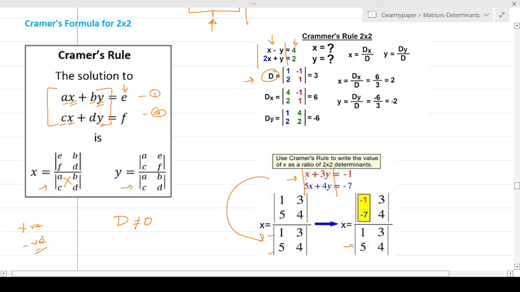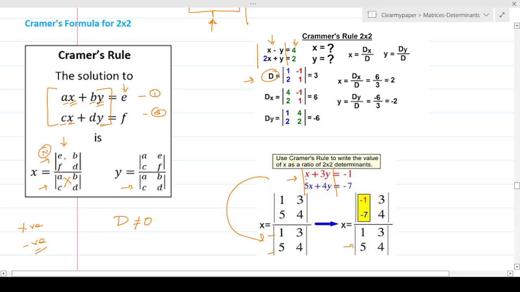Let's assume that. So what is the numerator? Because we discussed that the value of x, y and z is going to be a ratio of two determinants. So there are going to be determinants both in the numerator as well as in the denominator. So let's focus on how the determinant in the numerator is computed for each one of them, and that's where the trick for Cramer's rule comes into play. So let's focus on over here, on the numerator.